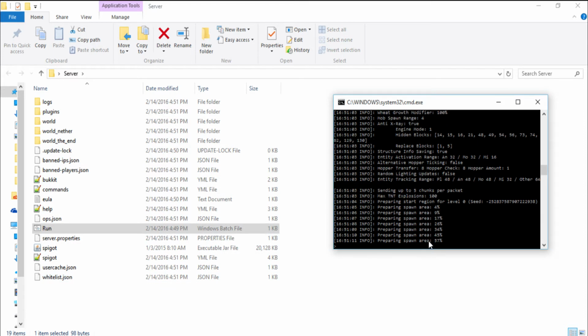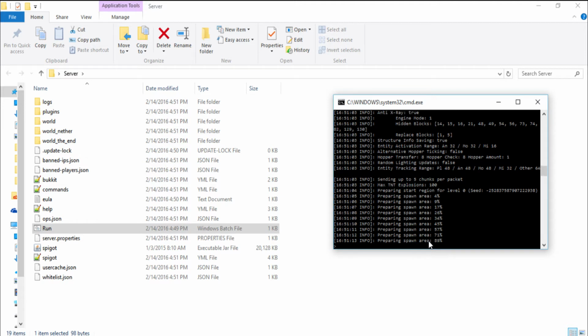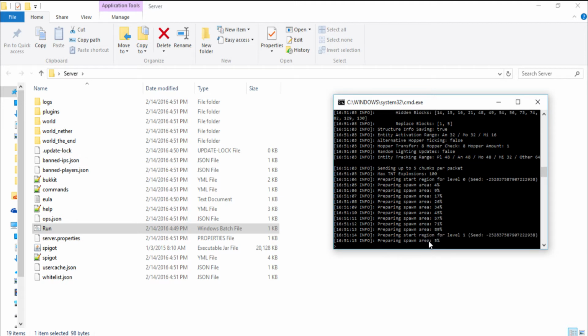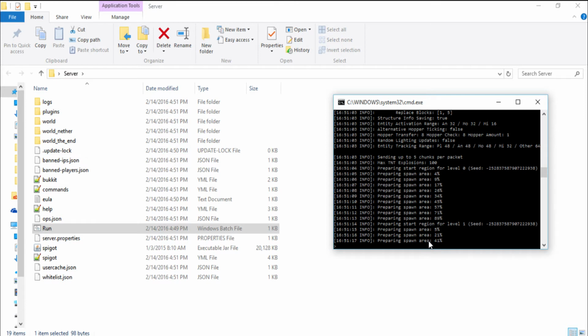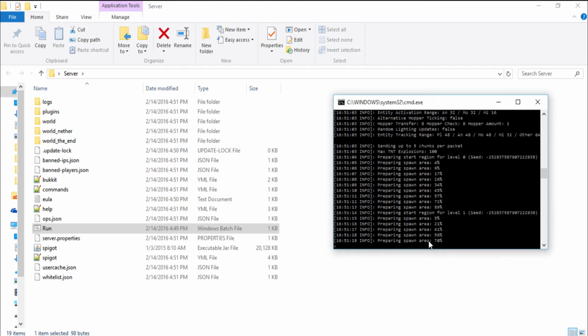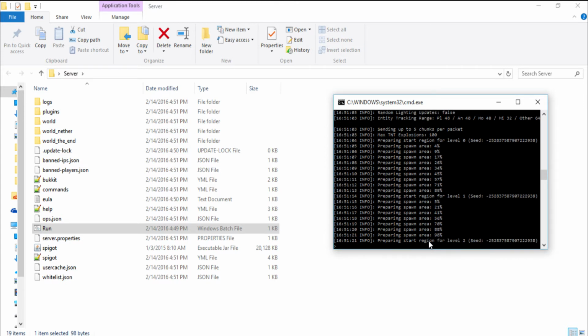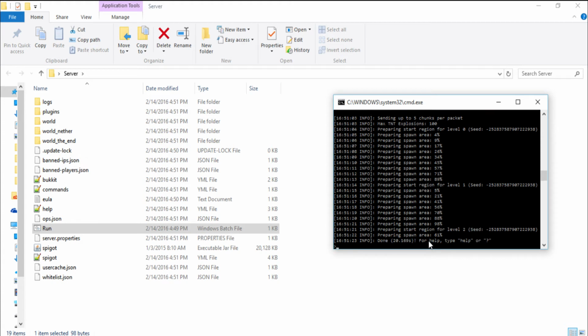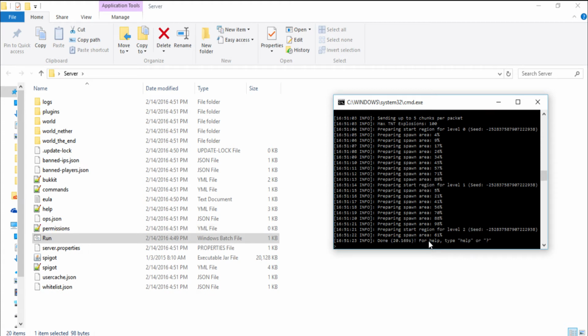pretty much configured. Unless you want to go for some advanced configurations, then you can go ahead and do it. So now what I'm going to talk about is the server properties file. So in the server properties file, all your server properties are present. Right, so if you want to change your game mode, if you want to change your MOTD, you go there. If you want to change any setting, any basic server setting, you go to server properties.